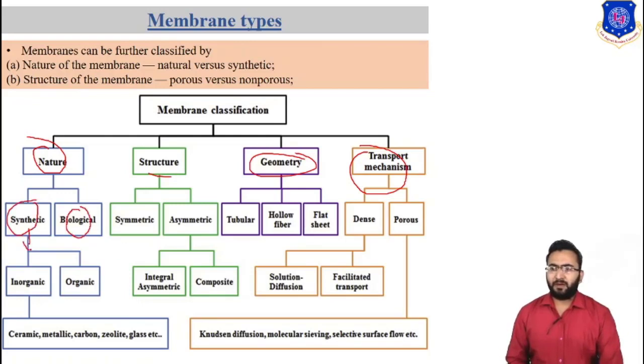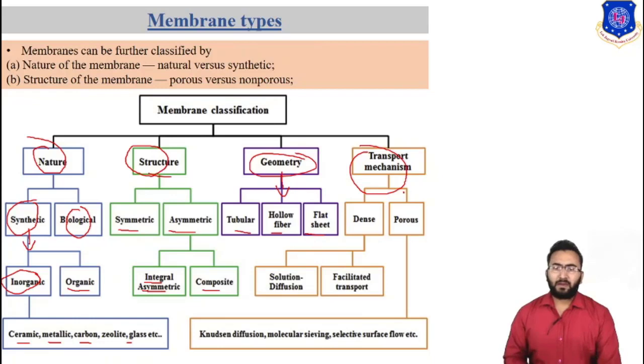where synthetic membrane is further classified as inorganic membrane or organic membrane, and inorganic membrane is further classified as ceramic membrane, metallic membrane, carbon membrane, zeolite membrane, and glass membrane. Structure-wise, membrane is further classified as symmetric membrane and asymmetric membrane. Asymmetric membrane is further classified as integral asymmetric membrane and composite membrane, or you can say thin film composite membrane, whereas on the basis of geometry, membrane is classified as tubular, hollow fiber, flat sheet, and spiral wound,